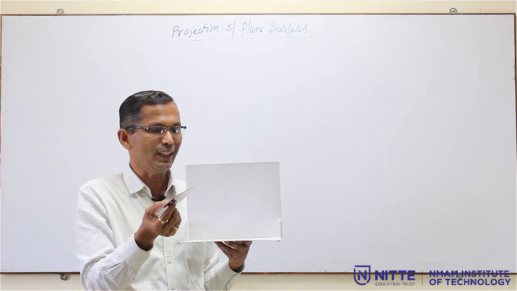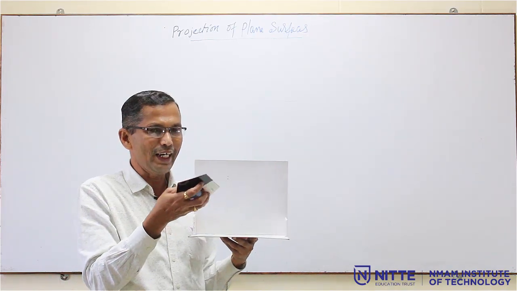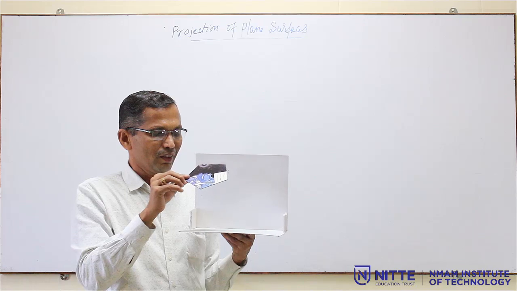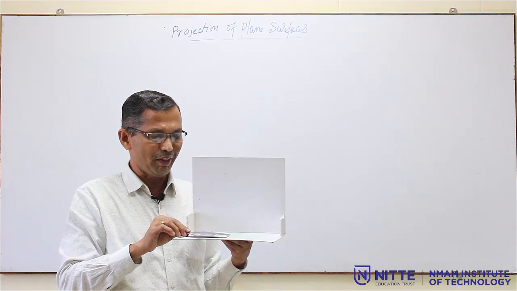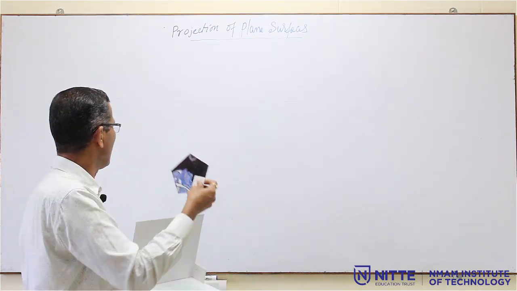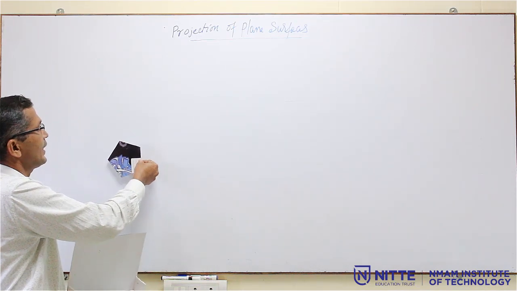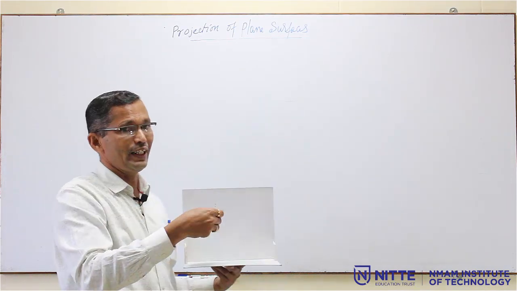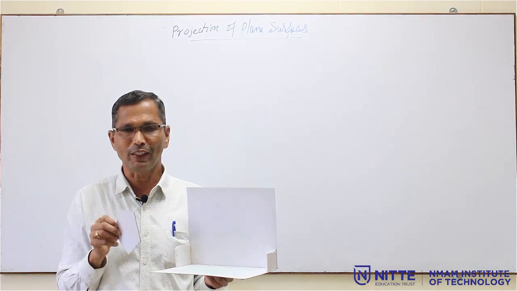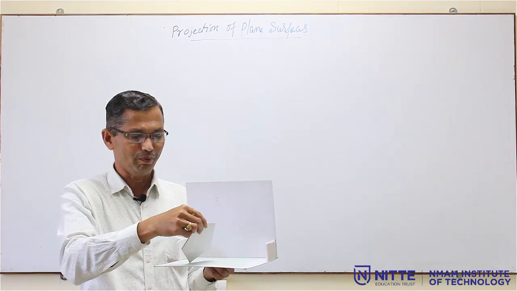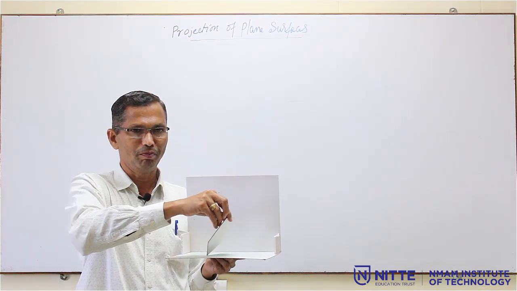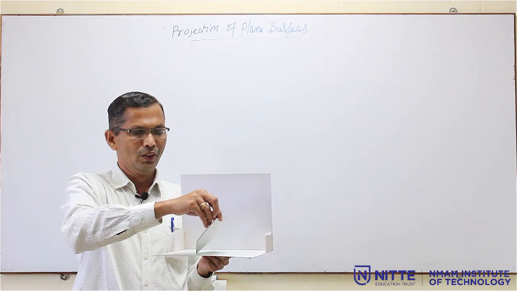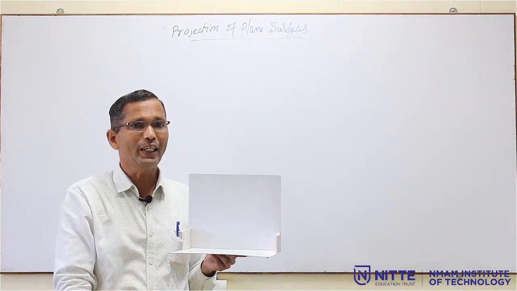What is the procedure? First step, draw the corner condition on HP, one figure on HP. What is the second step? I will give the HP inclination, that is important. What is the HP inclination? It is 60 degrees, second step. So, this will be proper. Then what will be the next step?